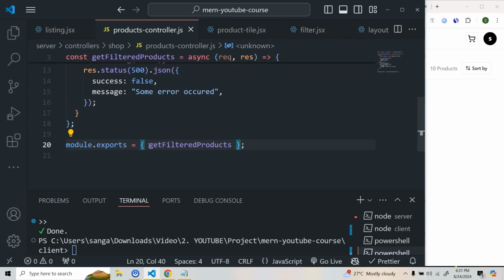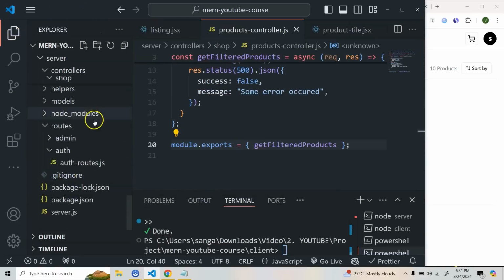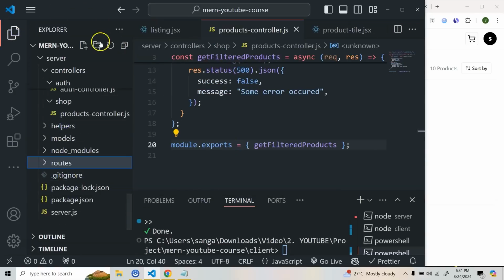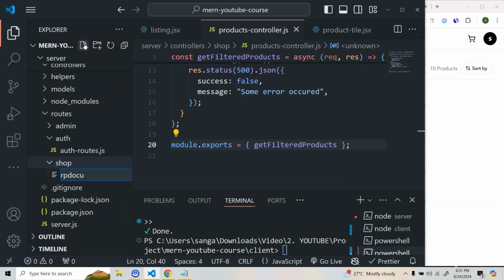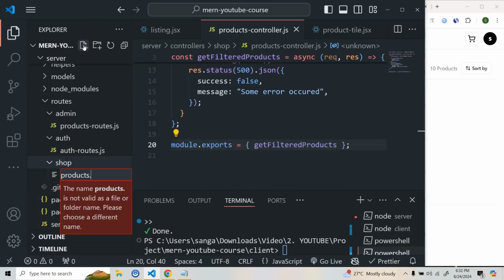Now this route will only hold the shopping related information, just like we have created for admin, so that I don't want to mess up things, so I'm creating a separate one. So here inside routes I'll create another folder, shop view, and here I'm going to create product routes. Let me see the name that we have given. Inside admin, we have the products route. So we'll do products